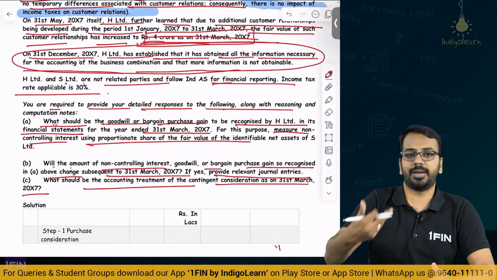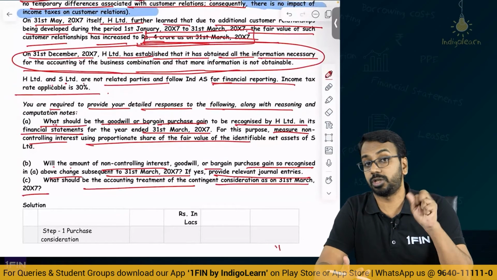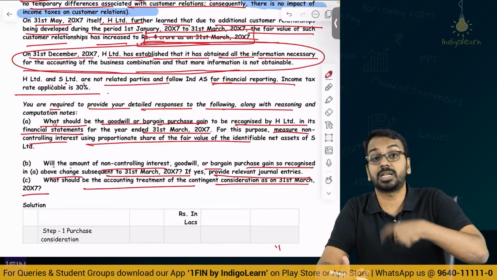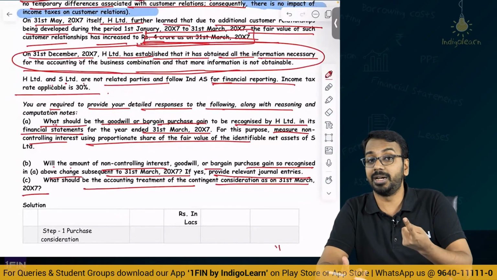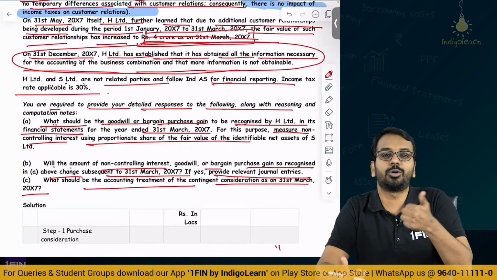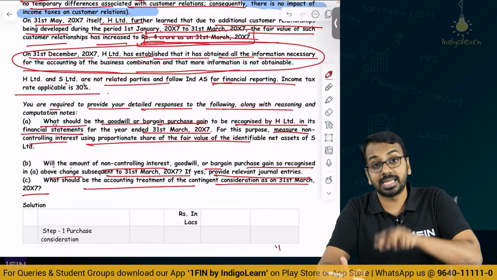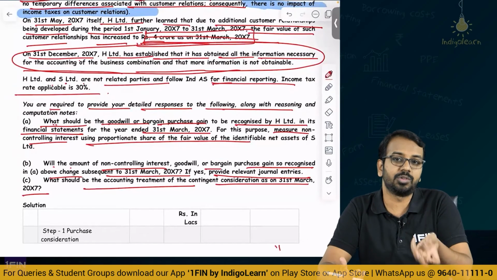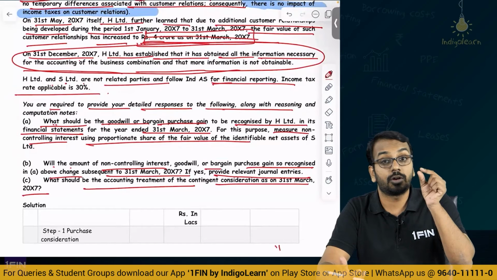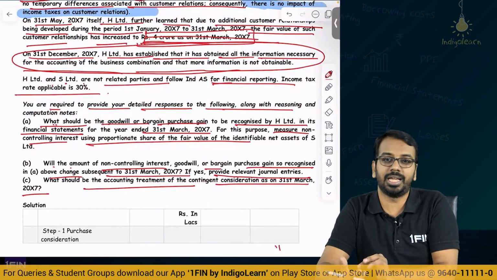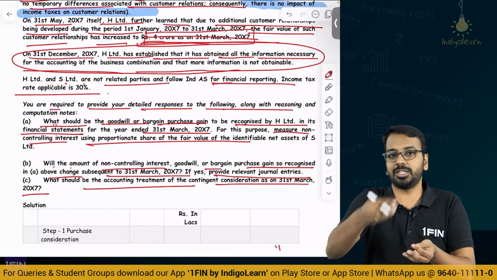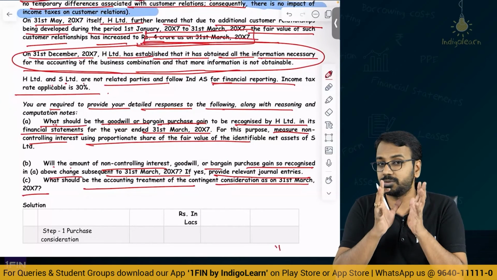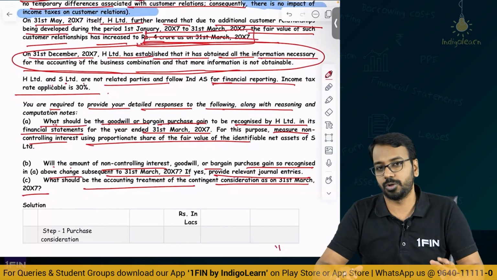So, here the reason why I am discussing this question is this talks about 2-3 important things. One, the contingent consideration. It is a liability, subsequently we will update the liability, but we will not update the goodwill or capital reserve because of that. Second, for the customer relationship, which is an asset which we did not recognize earlier, for the conditions existing on the acquisition date, we will recognize. So, when we recognize a new asset, we will adjust the goodwill and NCI subsequently, right. So, these are the 2 things which you have to keep in mind while solving this question as a part of your revision.